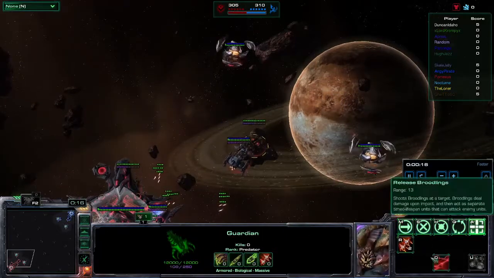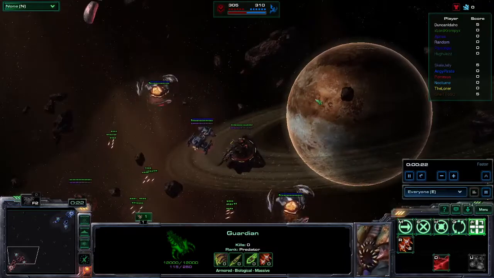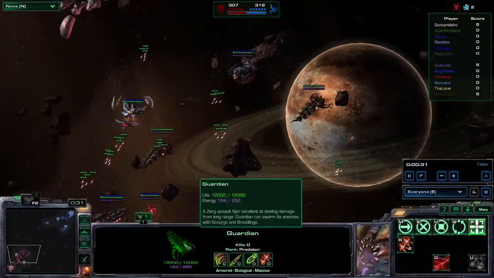Random, the battle cruiser starts off with 1.71 speed, range, and 1 longboat missiles. We got Apnea. Apnea is going to start off with a Guardian with Dark Swarm. Fantastic ability, does provide a little area of gas which blocks vision and therefore also blocks being able to be